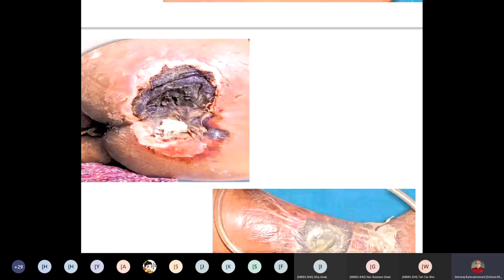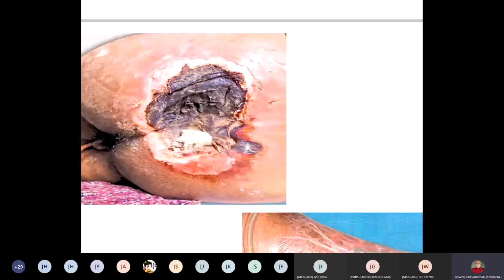You have to remove all the dead tissue until you are getting bleeding in the ulcer bed, because nobody can resurrect a dead tissue in the body. We cannot resurrect a dead tissue. If it is dead, that means it is dead forever. It cannot become alive again. That is what is called resurrection. You cannot do that. So you have to do a thorough wound debridement, and then you have to do dressing.